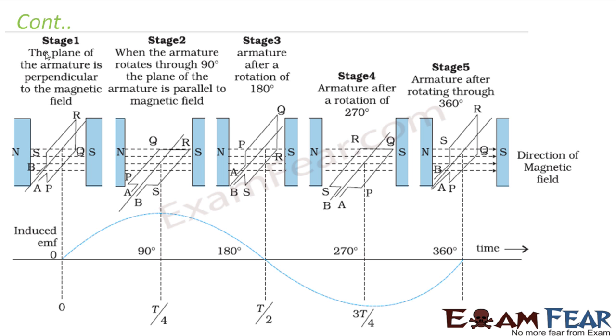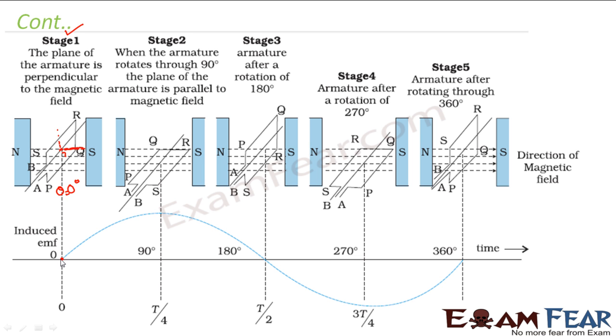So when I consider stage 1, if you look at it, this is how the coil is. This is the initial stage of the coil. At this point, this is the magnetic field. Now what is the normal to the area vector? I'm sorry, the normal to the area vector is in this direction, right? Because this is how the area vector is. So this angle is 0 degree. So right now theta is equal to 0 degree.